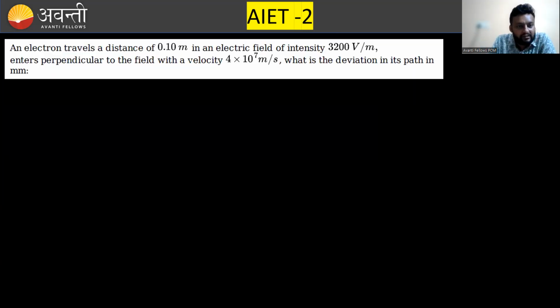An electron travels a distance of 0.1 meter in an electric field of intensity something like this. It enters perpendicular to the field with a velocity like this one. What is the deviation in its path? Okay. Let's suppose